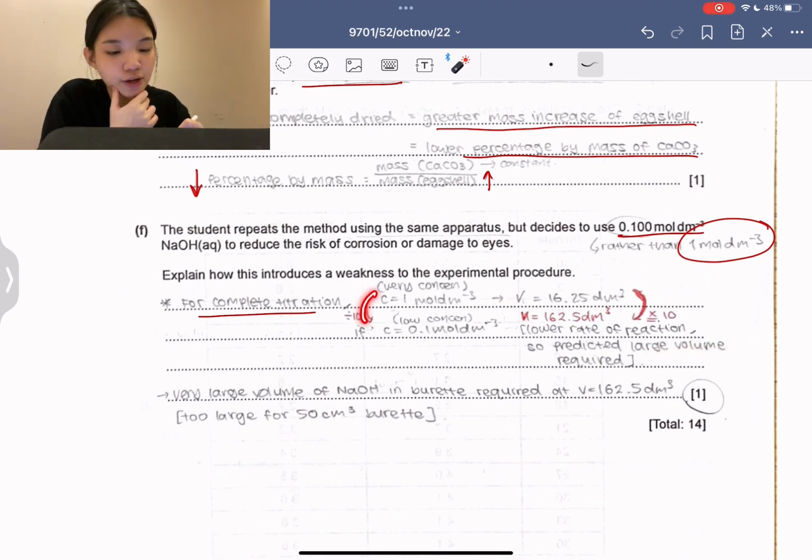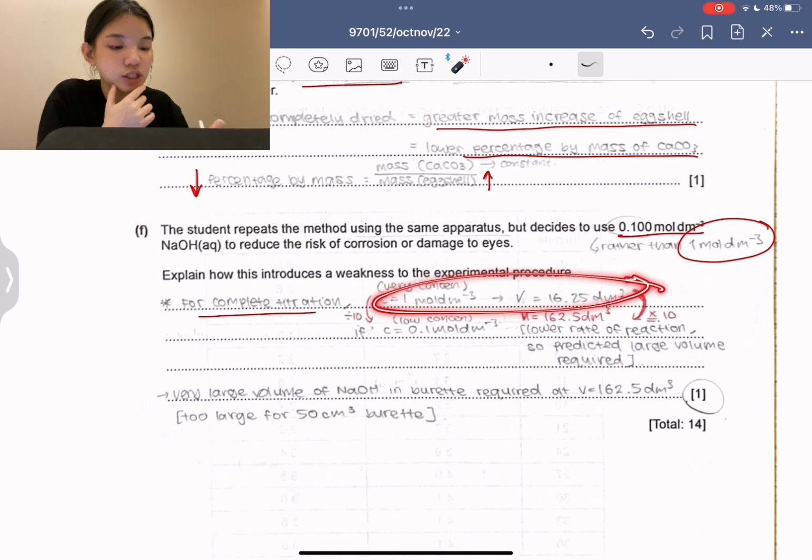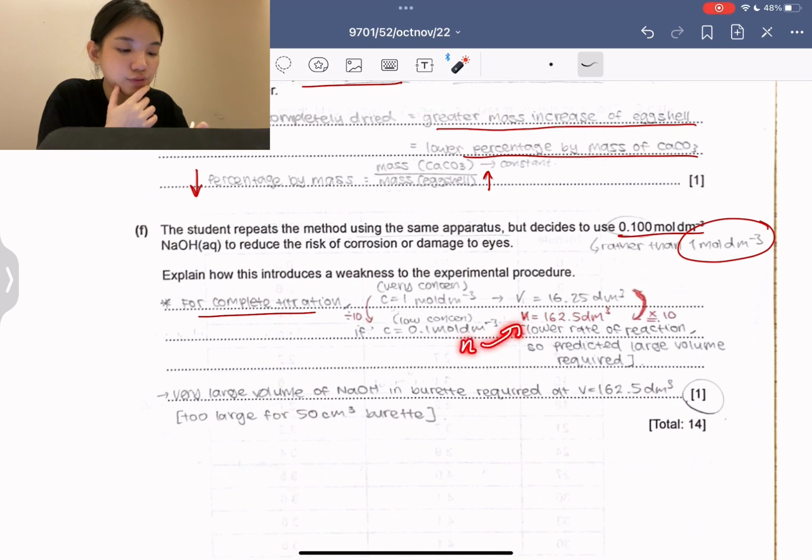So when you divide by 10, from a concentration of 1 to 0.1, you divided it by 10. This one, the formula would be you multiply it by 10. If you use the mole way, concentration and volume, you find the mole, and then you use the mole to find this volume. You would get a volume equal to 162.5 dm³ instead of